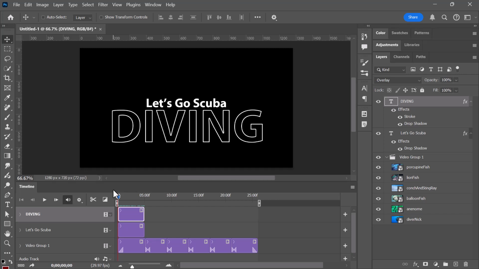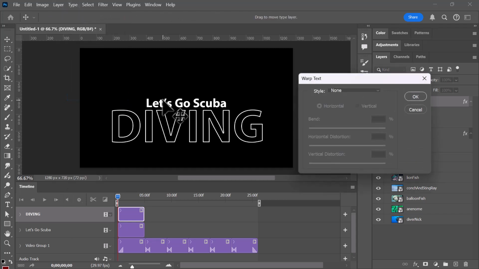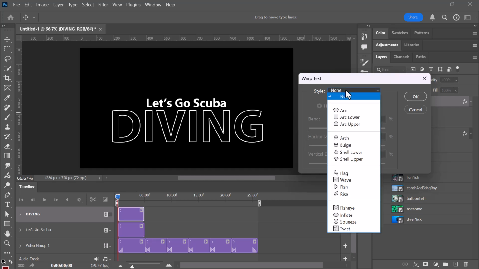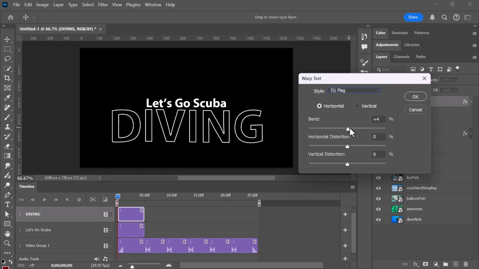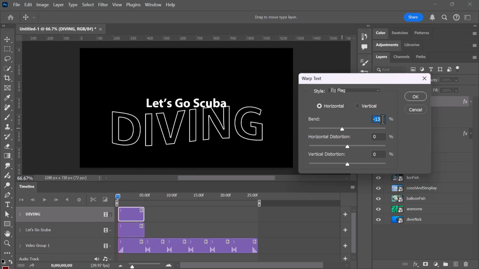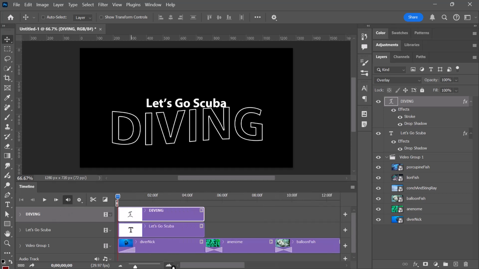Let's do a couple other fun things with this. So one of the things that you can animate within Photoshop is actually the warping of your text. So I'm going to go ahead and warp the diving text. And what we'll do is I'll use this flag warping and sort of maybe make it look like it's going up and down in the water. So what I'm going to do is start it here at maybe -10. And I'll zoom in on this particular one. So this is about the 5 seconds there